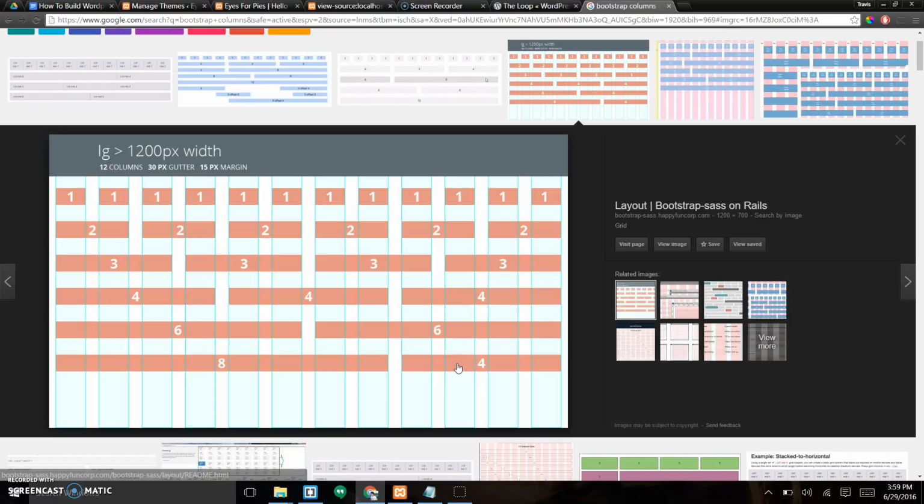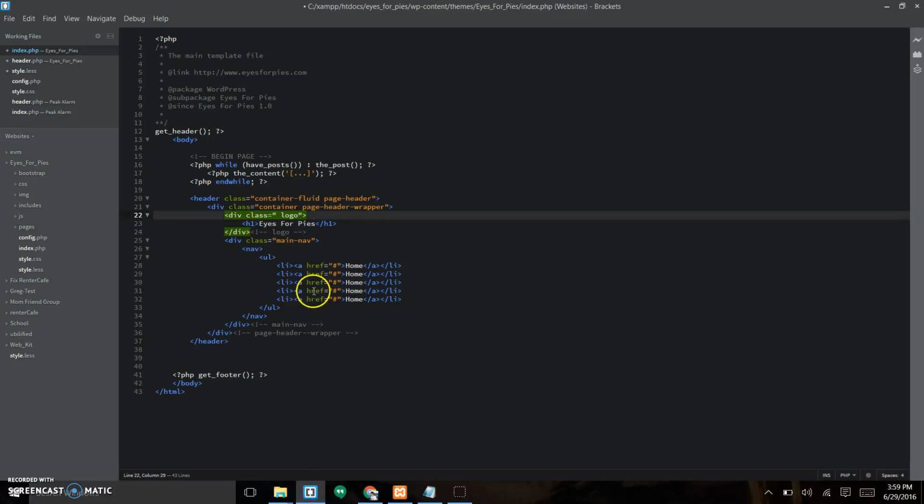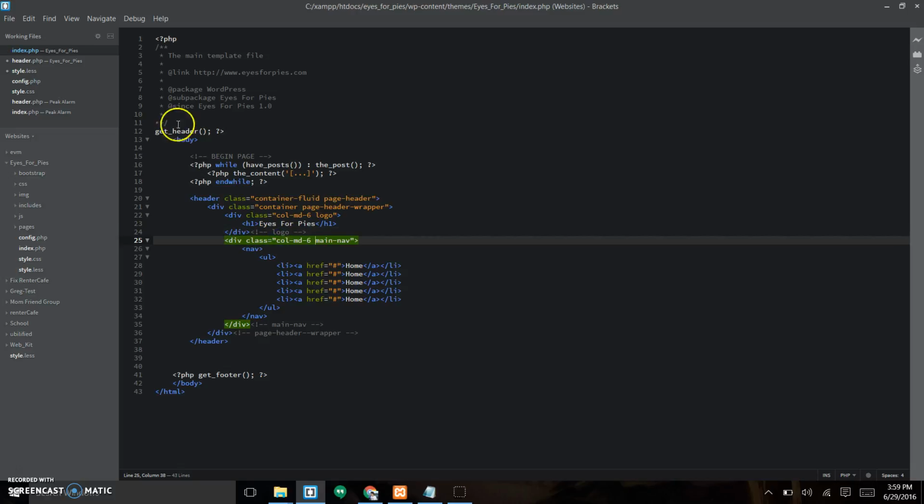Okay, so since I want my logo over here and I want my navigation over here, I want to split that up evenly, so 6 and 6. If that makes sense. So the way you call it is you say col, and then the screen size, md-6. I'm just going to copy and paste that there,